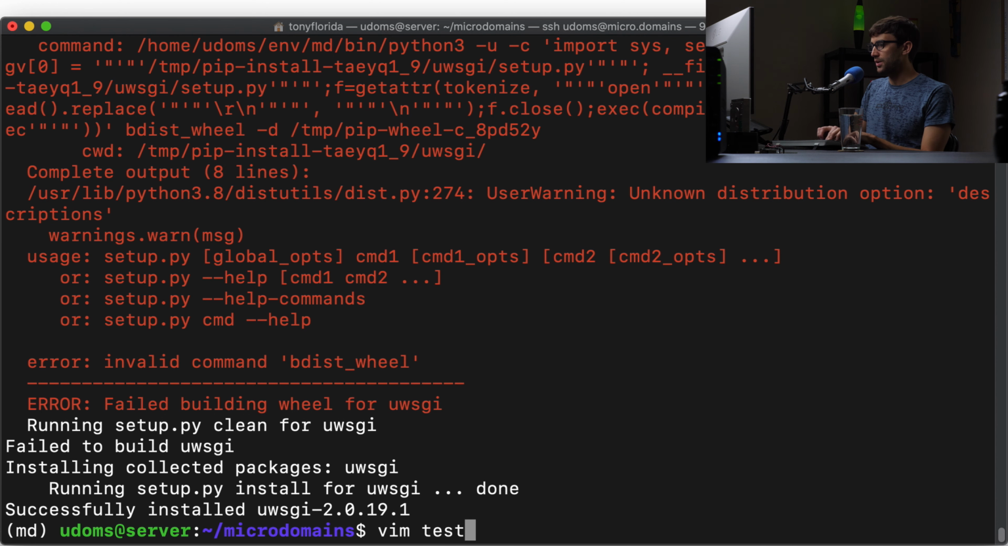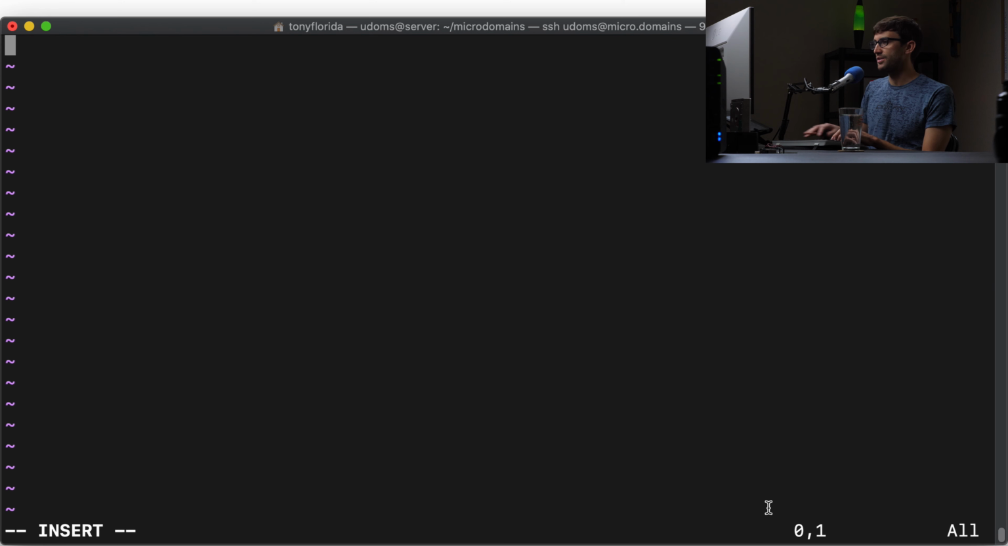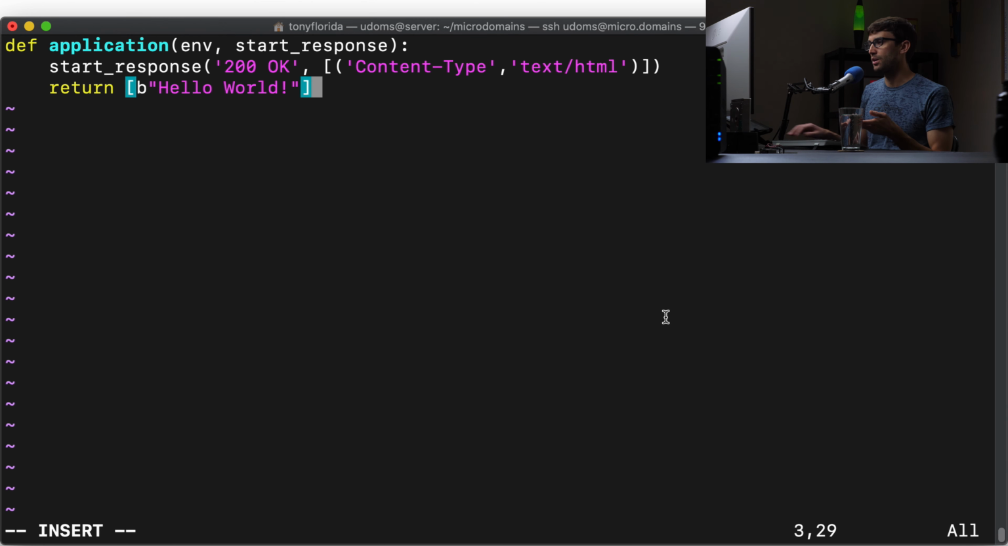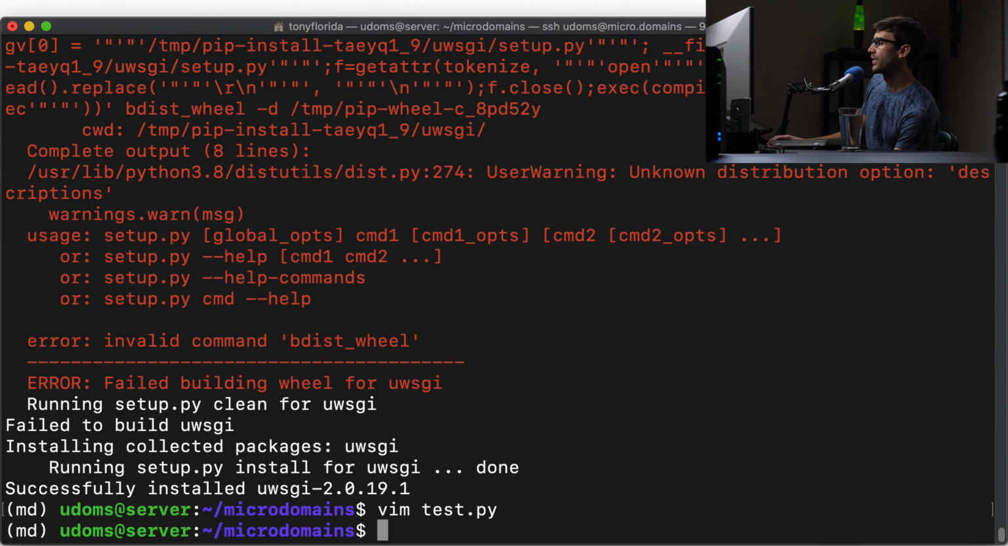And what we're going to do is just create a simple Python file called test.py, and it's going to have these 3 lines of code, which is basically just going to print out hello world in the web browser when we visit. So let's go ahead and save that file. And